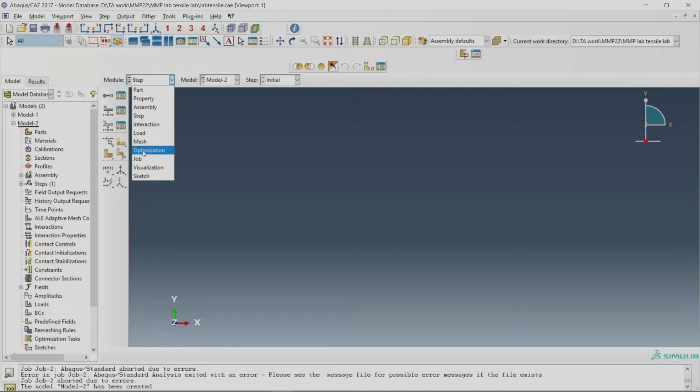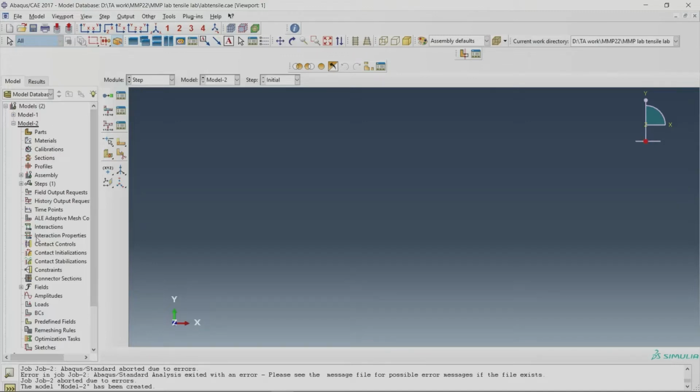Then there is optimization. There is no use of that right now. And then job is where you run the simulation, and finally visualization is done to see the results. So now I will show you one by one how to create a model.